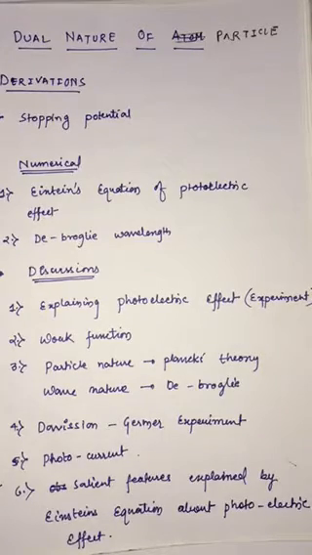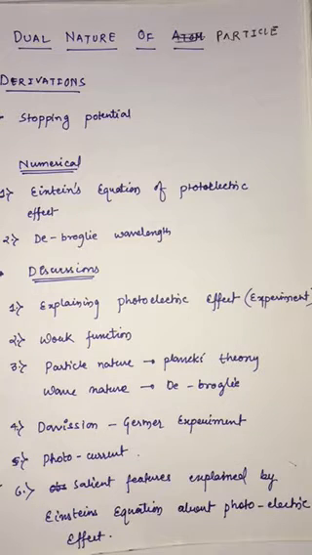So for the first chapter, which is dual nature of particle, we'll be seeing all the four categories of questions one by one. So first of all, for the derivation part, you will only need to see the derivation of stopping potential. There's nothing more than that. There's also one more derivation, that is of de Broglie wavelength, but still they won't ask you the derivative part